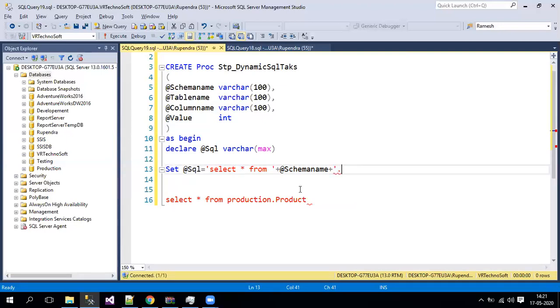Now again this will end. Why? Because my table name is again passed through a variable, so it is dynamic, right? You cannot keep your table name over here directly, so it's wrong. What you need to do is close your single quote and put plus. Again, this is static, and whatever you're going to pass through a variable is dynamic. So now keep it as a variable, and that is dynamic.